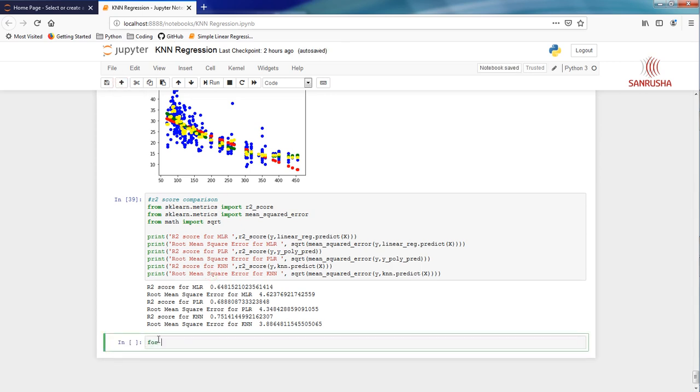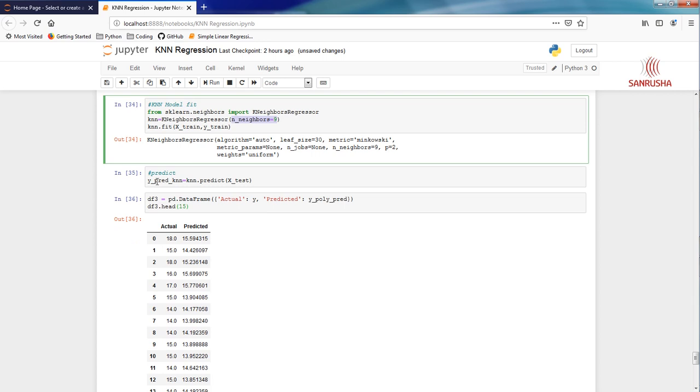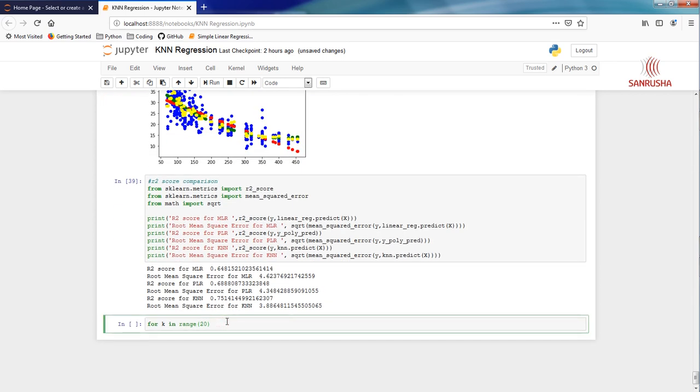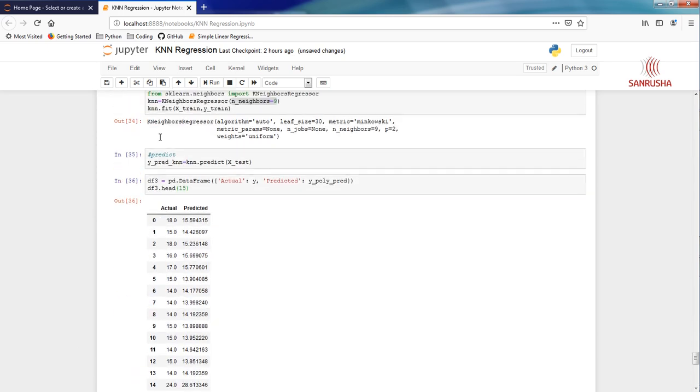So let's say for k in range 20, we will run the same logic like predicting the y value, but instead of just passing n_neighbors as 9, we will pass n_neighbors from number 1 to number 19 and see how the root mean square error is changing. So let's do that. k equal to k plus 1, and then just copy the same thing here.